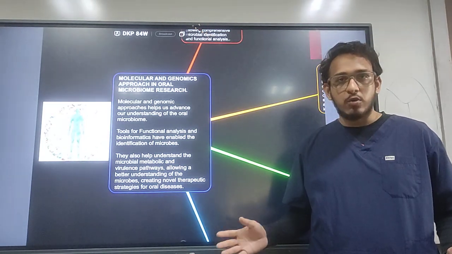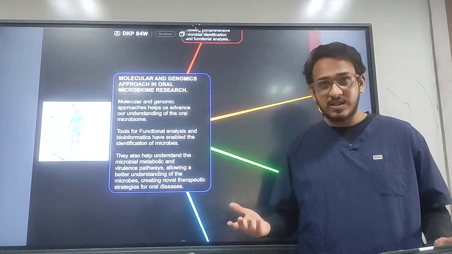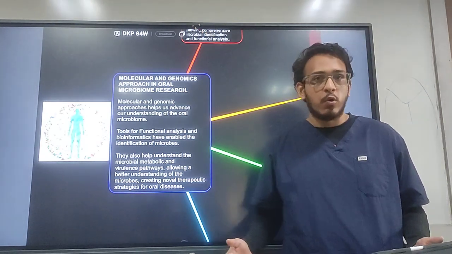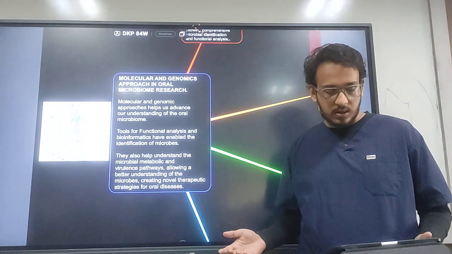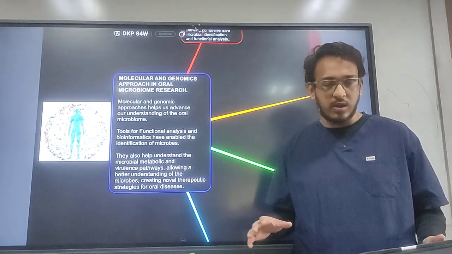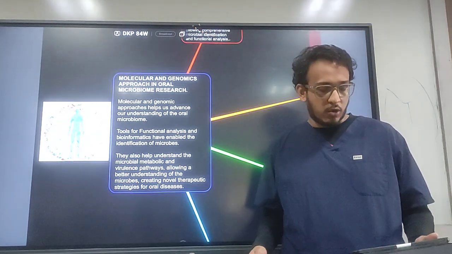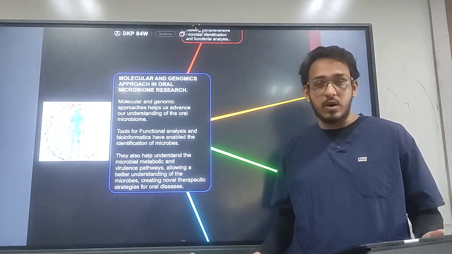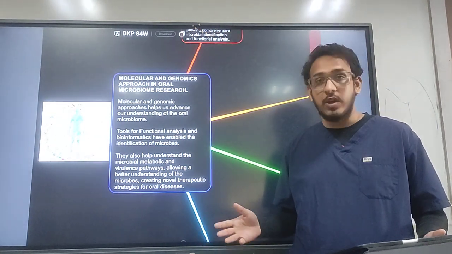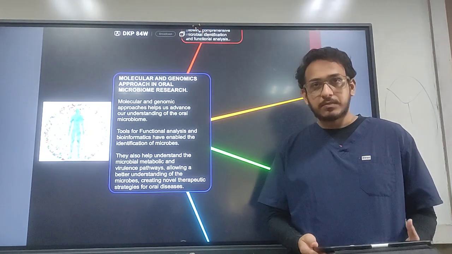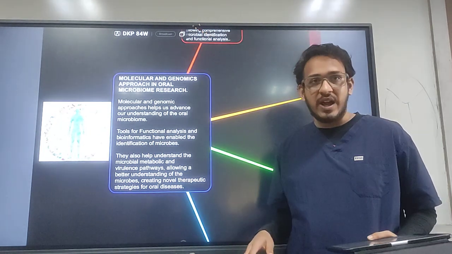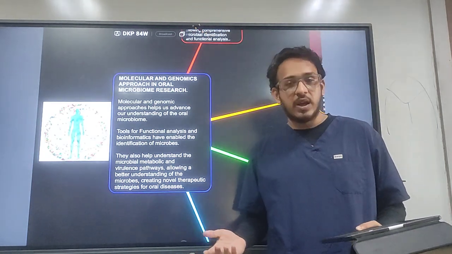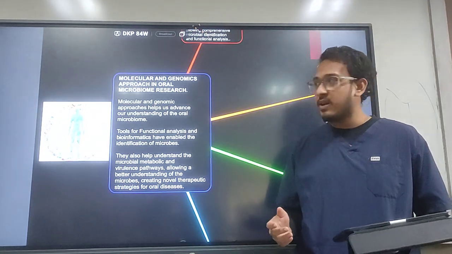There are various tools and functional analyses being done to understand how this entire mechanism works. They help to understand how metabolic pathways and virulence pathways can be identified and studied, so that in future we can better create medicines and